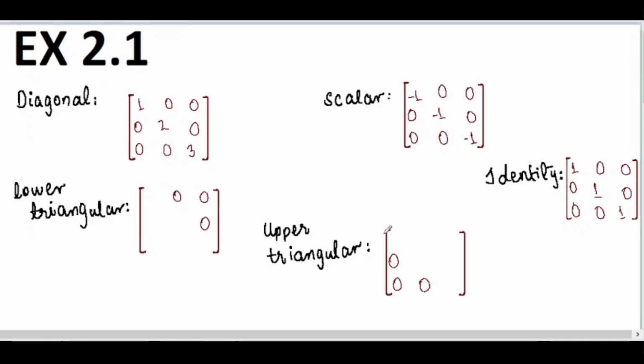Okay. For lower triangular matrix, there is an upper triangle and a lower triangle. When the upper triangle is the smaller one and the lower triangle is the bigger one, then it is called lower triangular. And when the upper triangle is the bigger one and the lower triangle is the smaller one, then it is called upper triangular. For lower triangular, we see that this upper triangle is 0 and the lower triangle is filled with non-zero entries, or they can be 0 depending upon the circumstances.